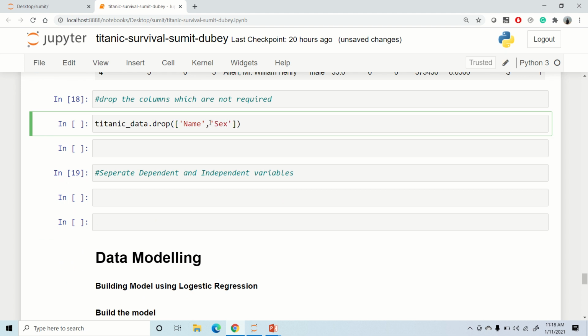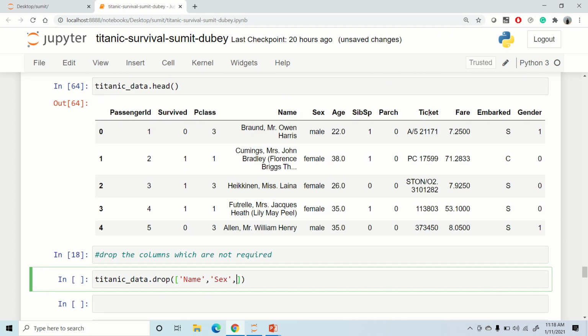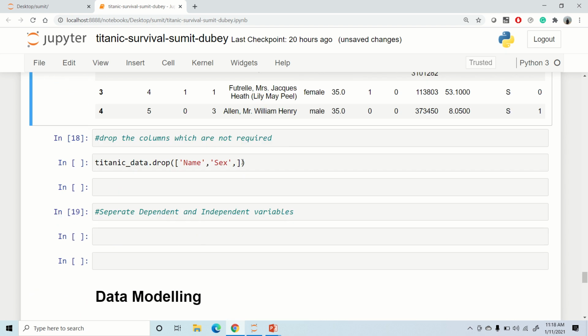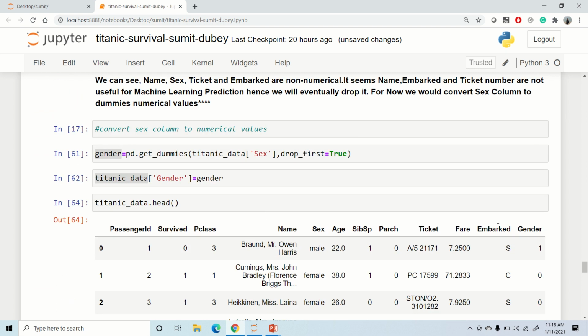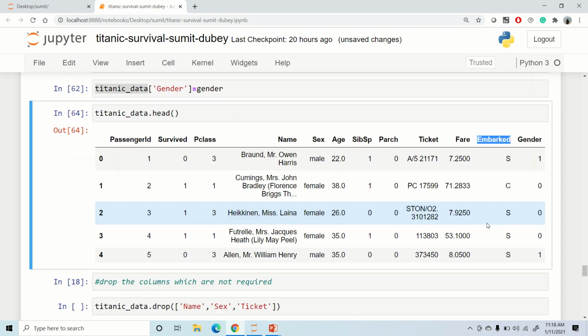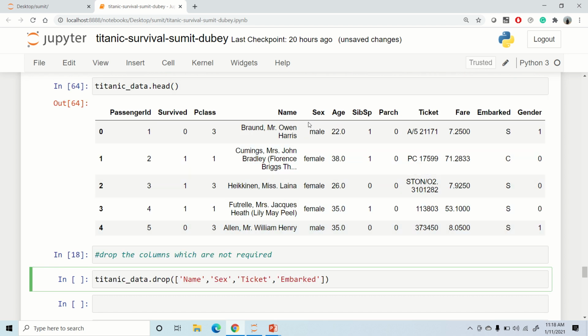Then we're going to drop the ticket number, so let me drop this as well. And then this embarked column. So we are dropping these, and as I said, later you can try yourself and use other feature engineering methods. You can derive some more feature information from these columns.